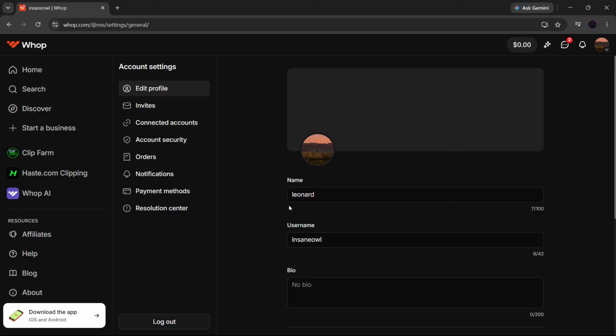Now move to the main section of the page and find the username text field. This is the box where you can enter your new username. Click inside the field and type the username you want to use. Take a moment here to make sure it's spelled correctly and that it reflects the name you actually want associated